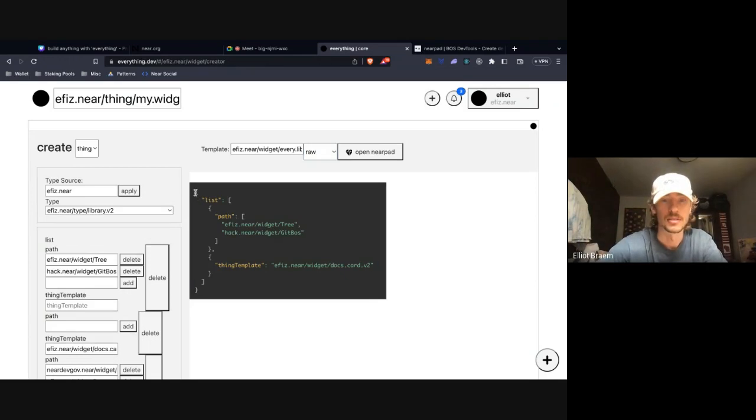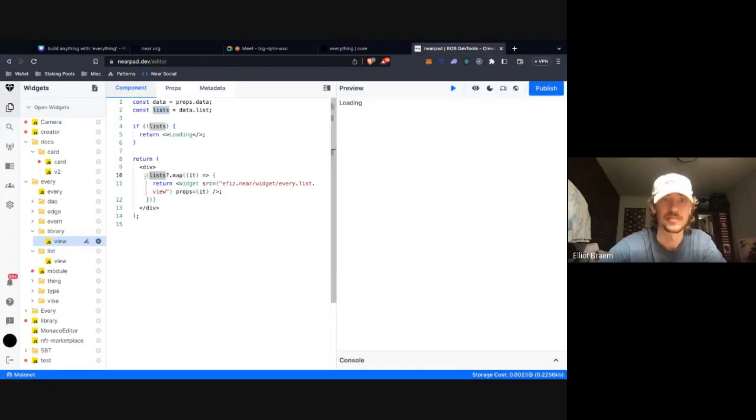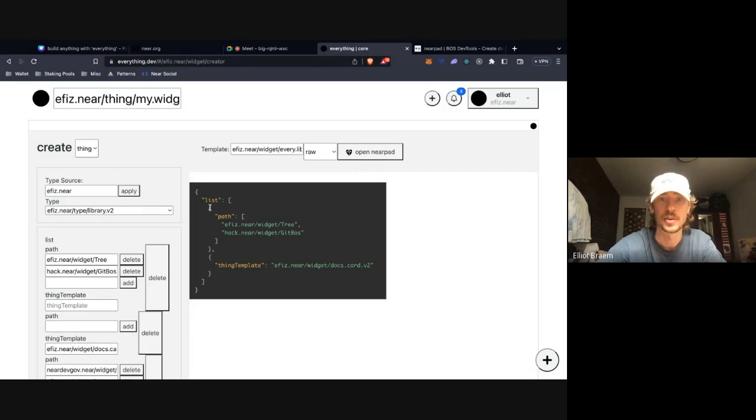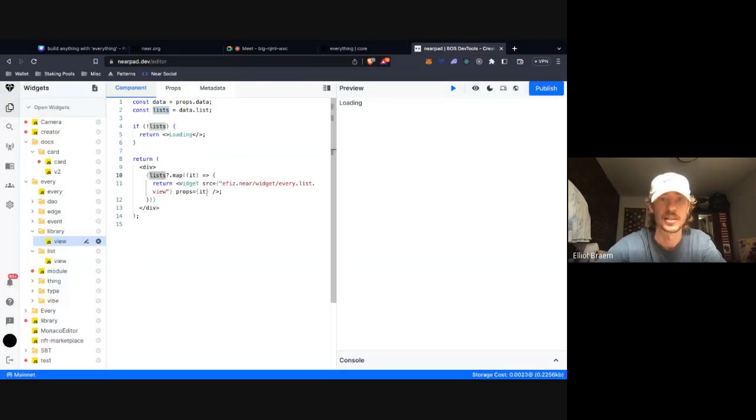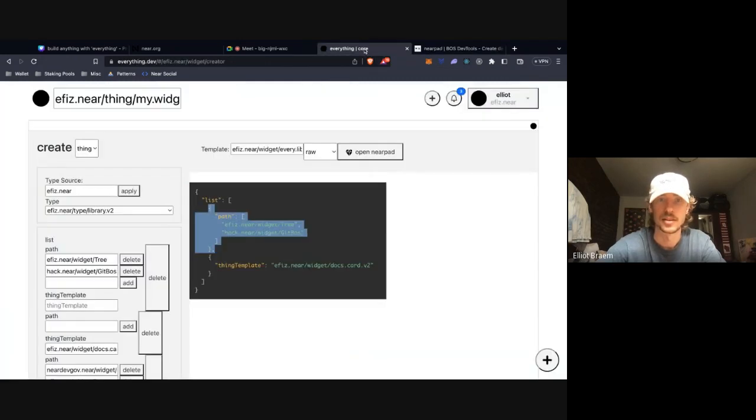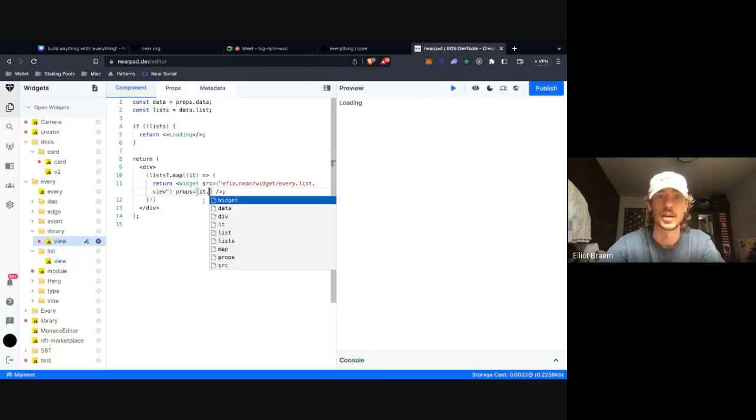Something's wrong. So what we can do is take this. We know that data list is an array, so we're going to go through each one, and then that object has a path in it. So it dot path. So this is what it is.